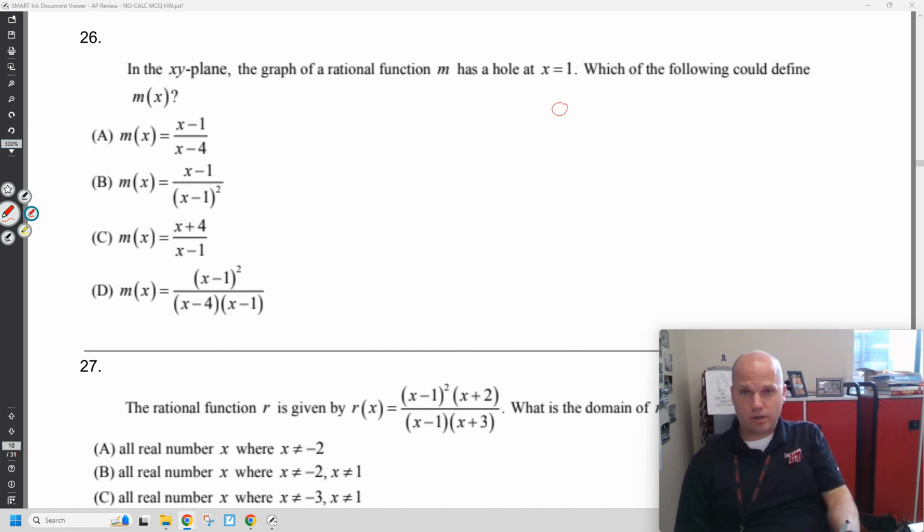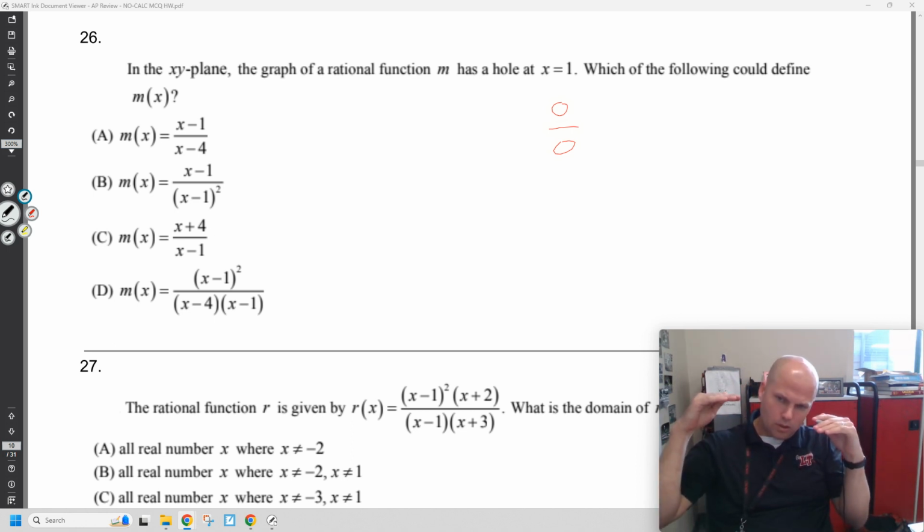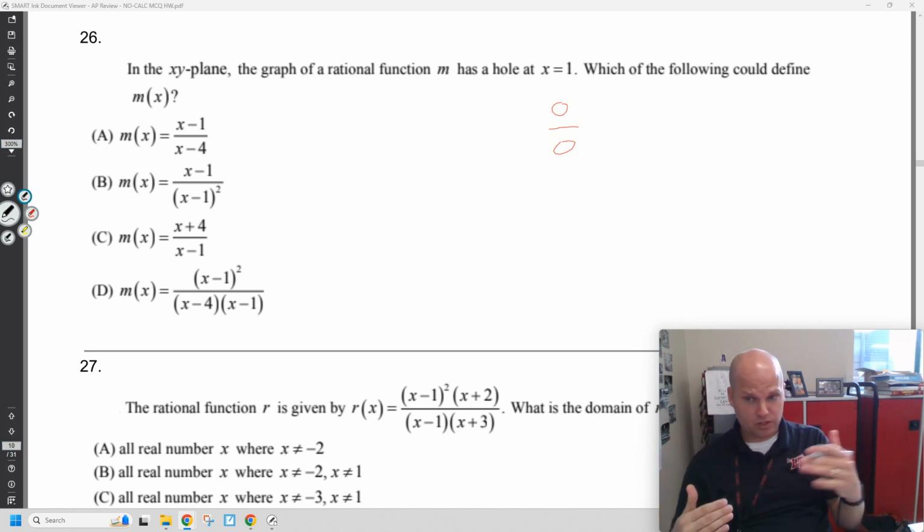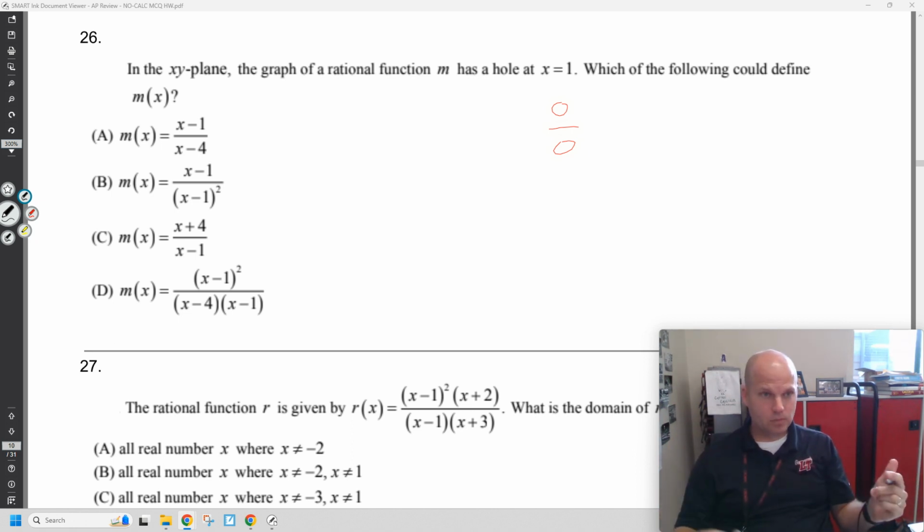Okay, hole, 0 over 0. Make sure we have the same amount of zeros or more zeros on the top than the bottom. If we have more zeros on the bottom than the top, it's a vertical asymptote. So